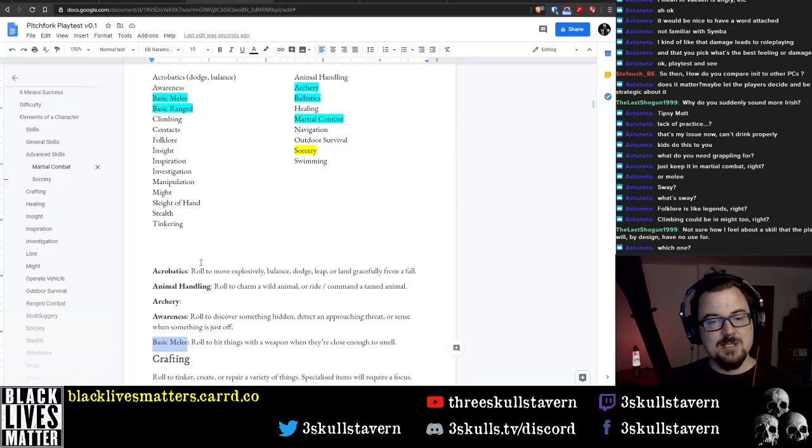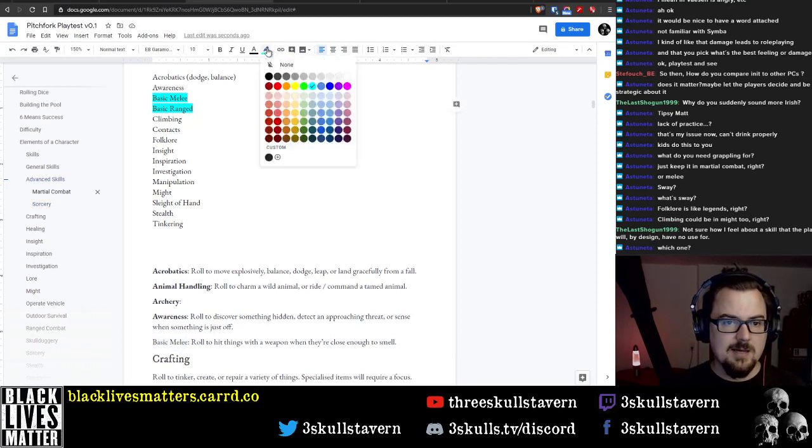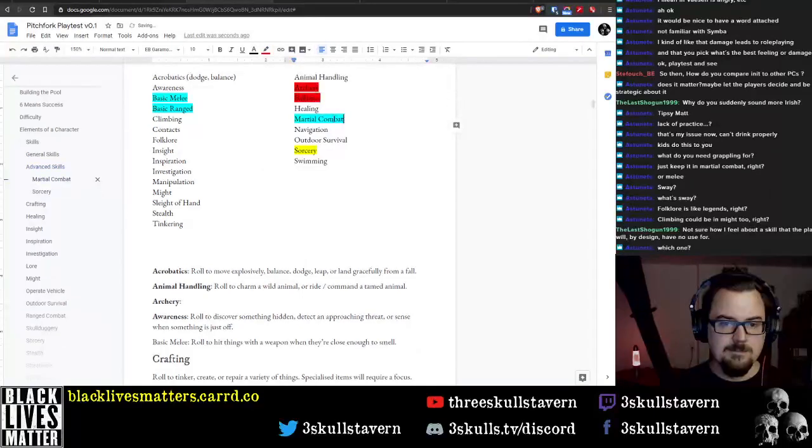So one thing I can definitely do here is take out those skills that aren't going to have any use in this specific one, but I'm keeping them in there for now because I think what I might do, in fact, let me just highlight these because these probably should be taken out anyway. Let's put them on red. So those ones there,